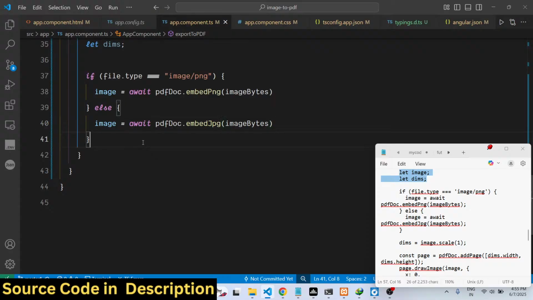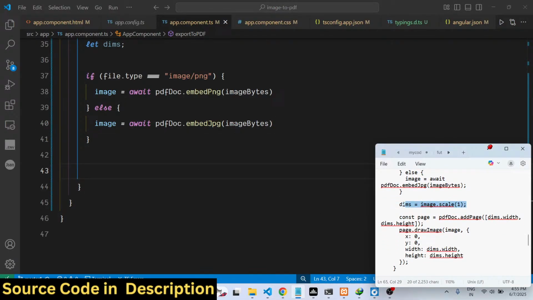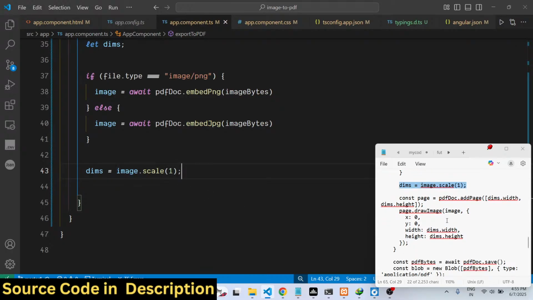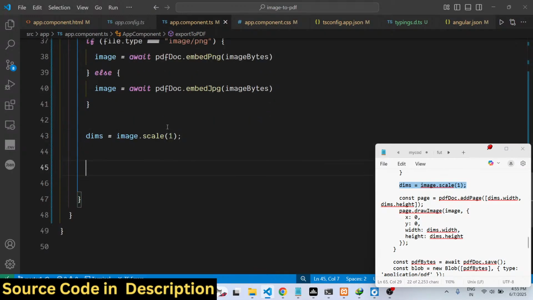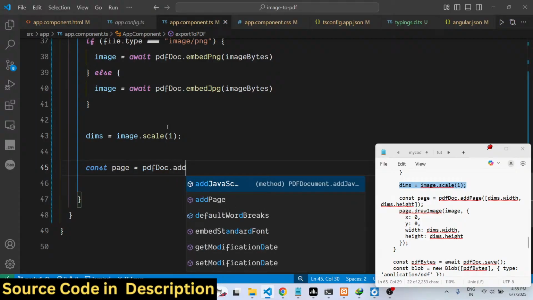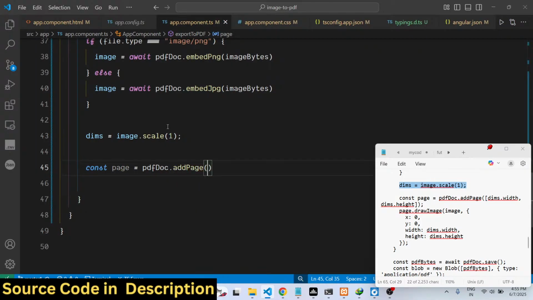So after embedding this image, now we just need to calculate the dimensions. So you just need to make sure that each image takes the entire space in the page. So for this we call this function which is image.scale, and here you pass 1 as an argument. And lastly, you need to add this image to the PDF document. For adding this image, we call this function which is addPage, which is available. So here you pass the dimensions, the width and the height,